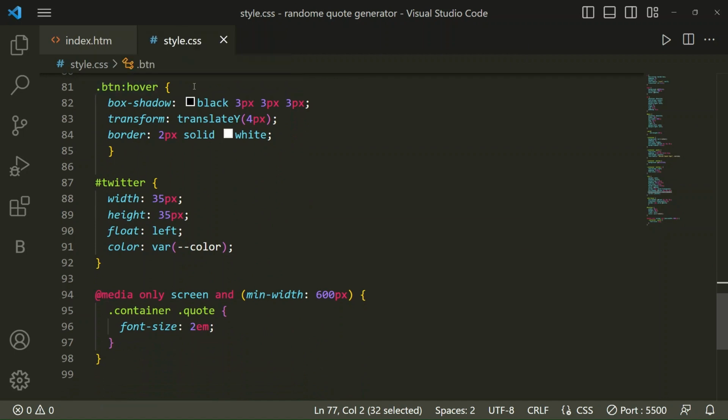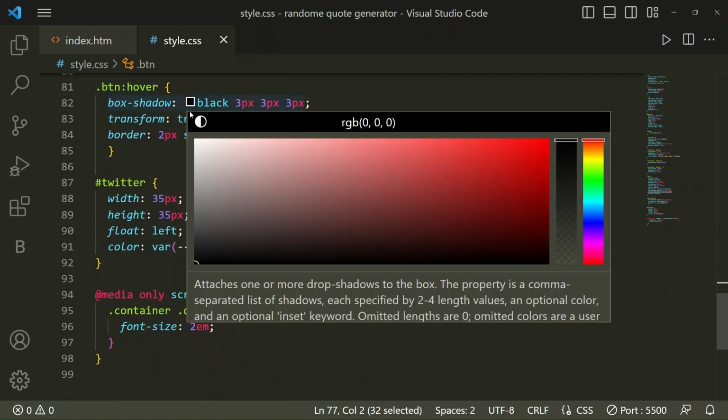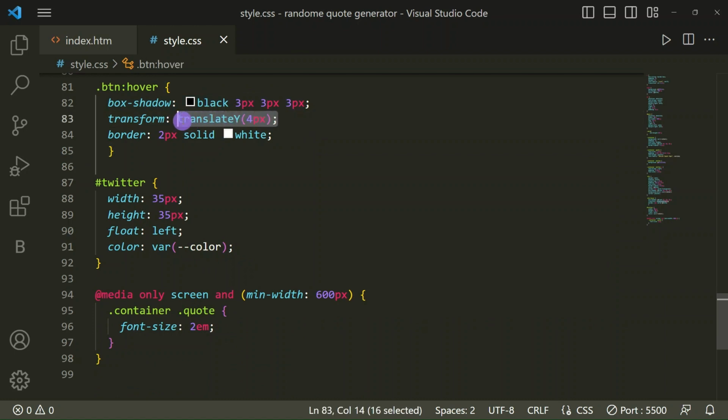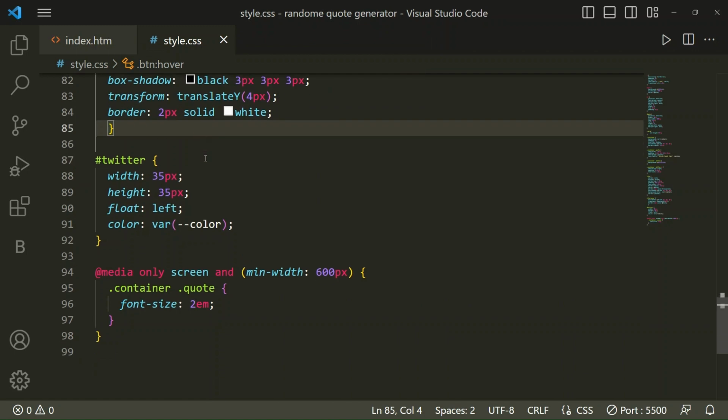When you hover on the button, the box shadow changes, transform Y 4 pixel, and border 2 pixel solid white.